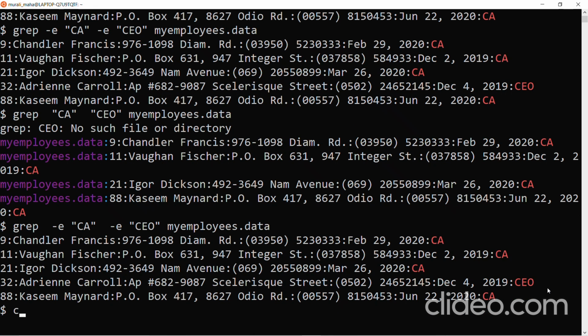Let me clear the screen. Let me create a file called jobs.txt. vi jobs.txt. Here I am entering CA, CEO, VP. Fine. So these three lines of input I have entered. Okay, cat jobs.txt: CA, CEO, VP. Now what I do: grep -f jobs.txt